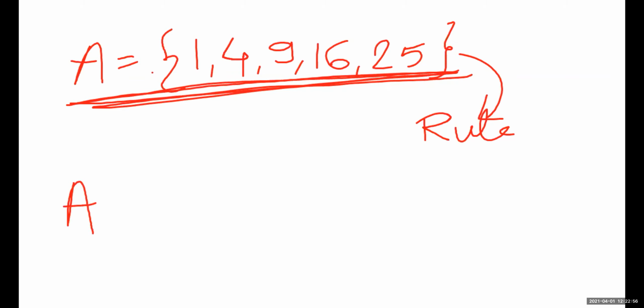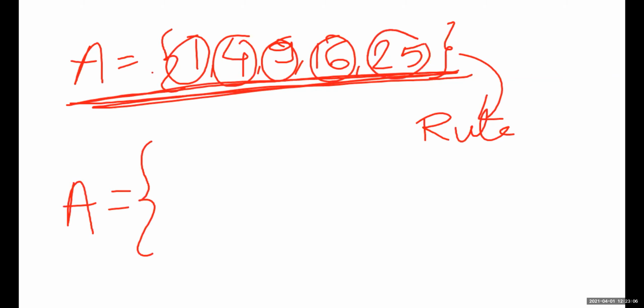Set A. A is a set of every term or every element we are considering as x. They are the x. So it is x. But this x is a square of a particular number. So first of all, it is a square of a particular number.